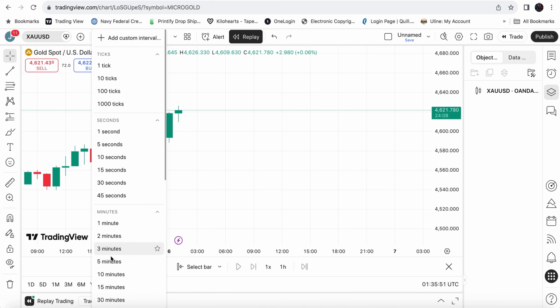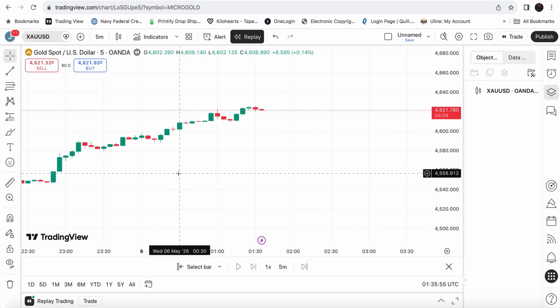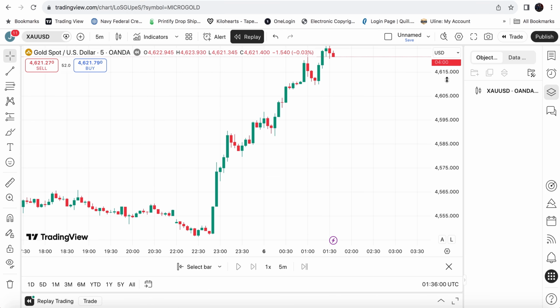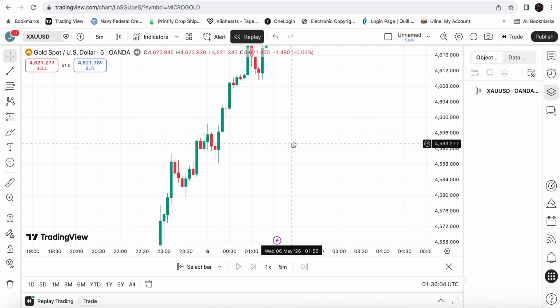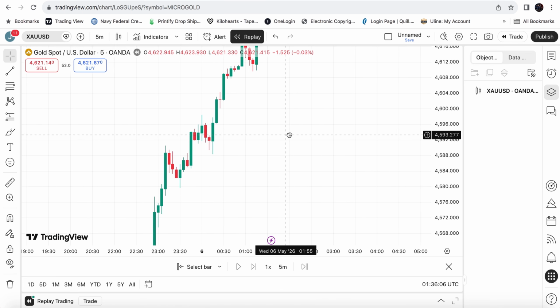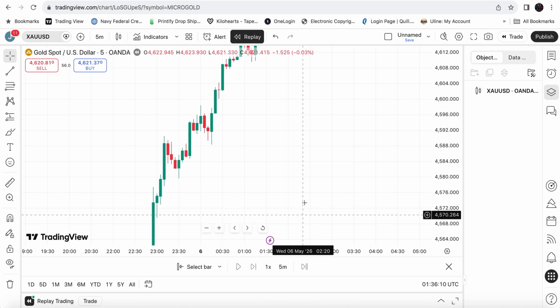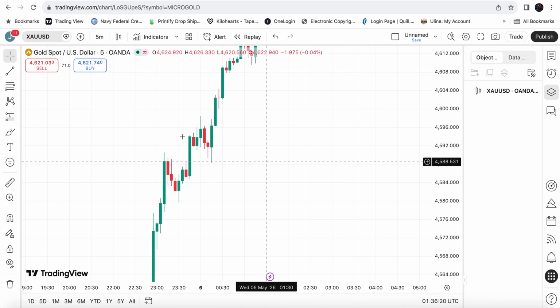So we go down to the 5-minute chart, and this is where I place my entry. Okay, so price has already taken off. So let's see if we can do a replay here to this point. They'll allow it. Okay, so what I do is